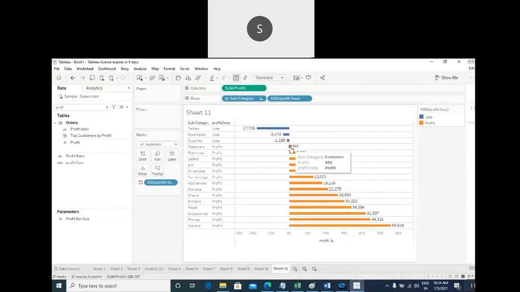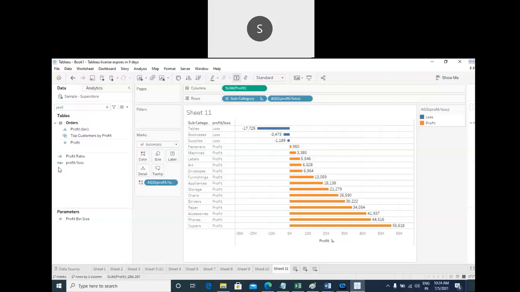Any questions? Sorry, you may ask me to drag that. Here you cannot see any true or false now. Profit or loss, because we are displaying profit or loss. Just drag that, sorry, don't drag into labels, drag that next to the rows.